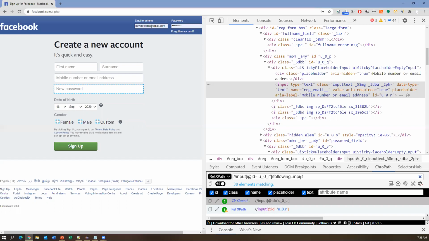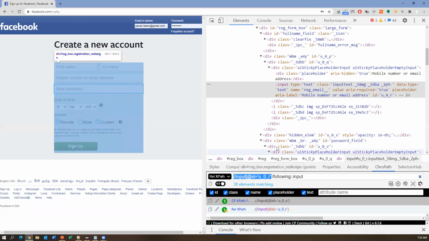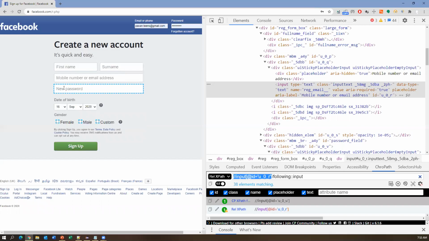There is only one node which has the input tag, so it is highlighting new password. So by using this mobile number field, we are able to access new password. This is a following node of mobile number. So this is the XPath for identifying the password from mobile number, and we use following here.